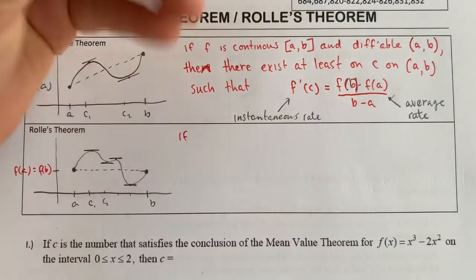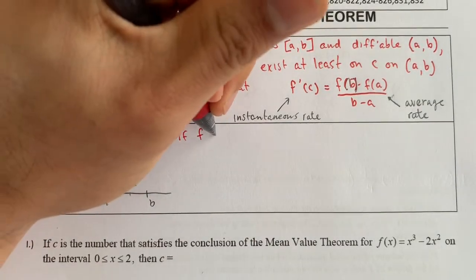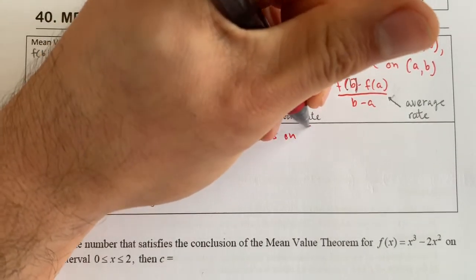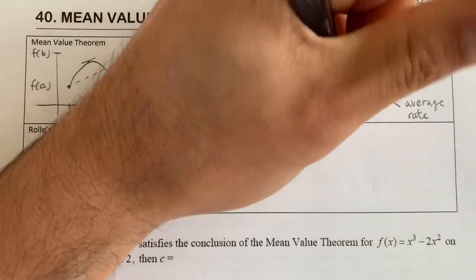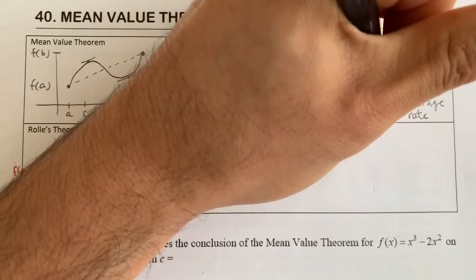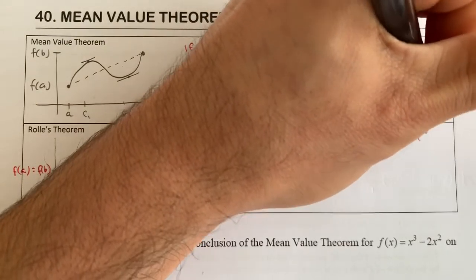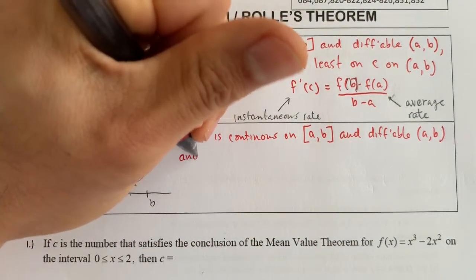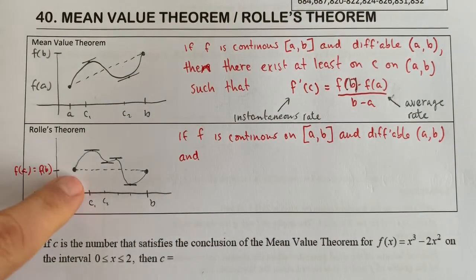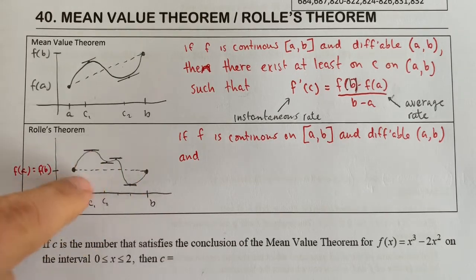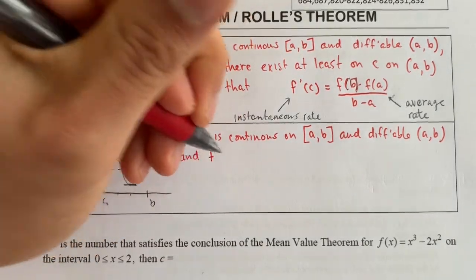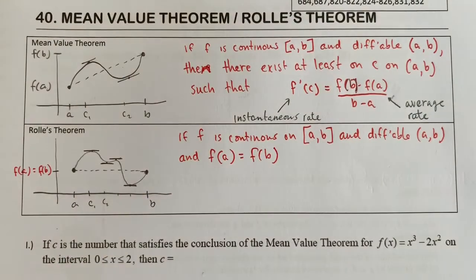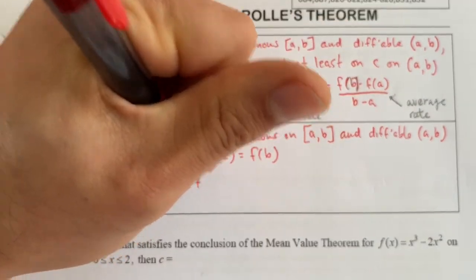So here's our Rolle's theorem written out. If f is continuous on a to b and differentiable between a and b, can't be differentiable at the endpoints. And there's one other thing to mention here, and that's that f of b is the same as f of a, the y values are the same. So I have to put this in the situation here. Then